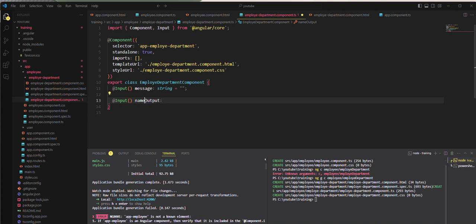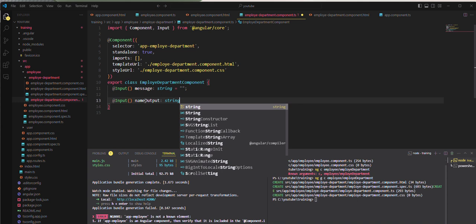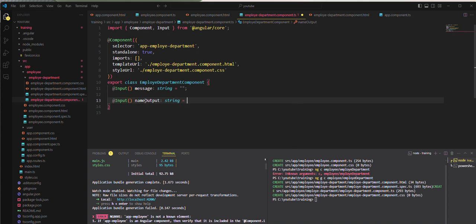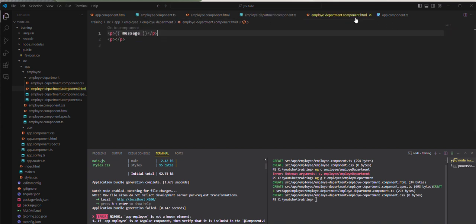In this variable we are going to get an output. Now declare the type of the variable and then initialize it with the empty string. After that we will go here, and here we are going to get that variable